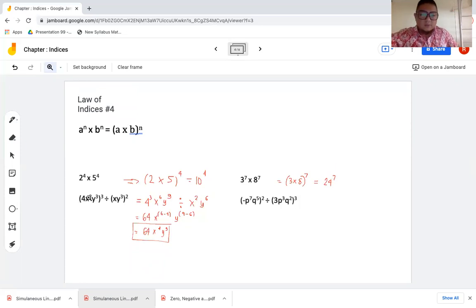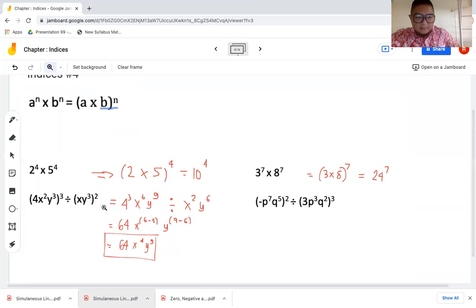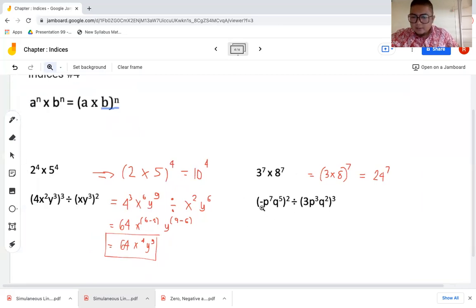Okay, so the next one that we have here is going to be the same as what we did here. As you can see, this one is going to be a negative value. So if we are going to express that, we have to understand that there is a negative 1 over there. And if we square this, this is now going to give us p raised to 14, eliminating the negative because we square it, and then q raised to 10. And it's being divided by,